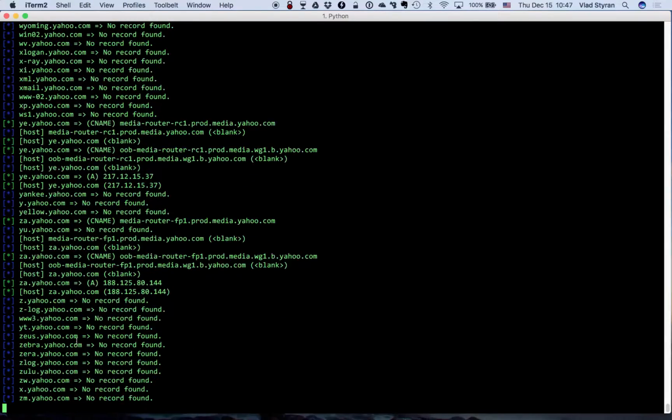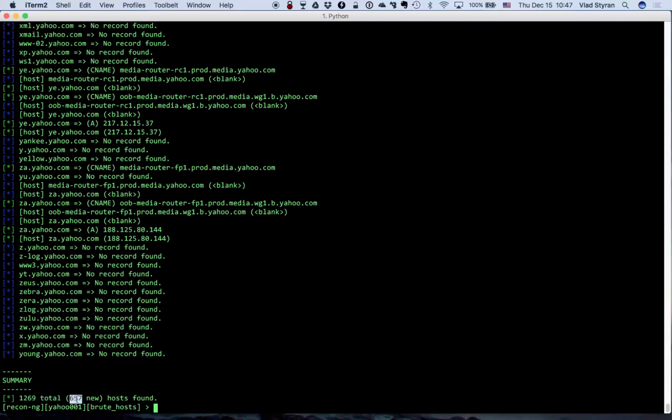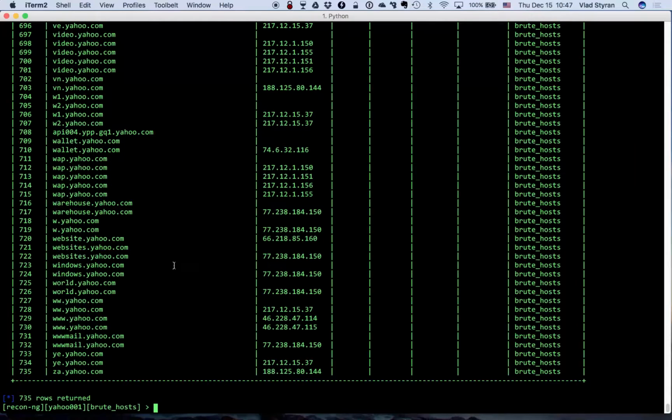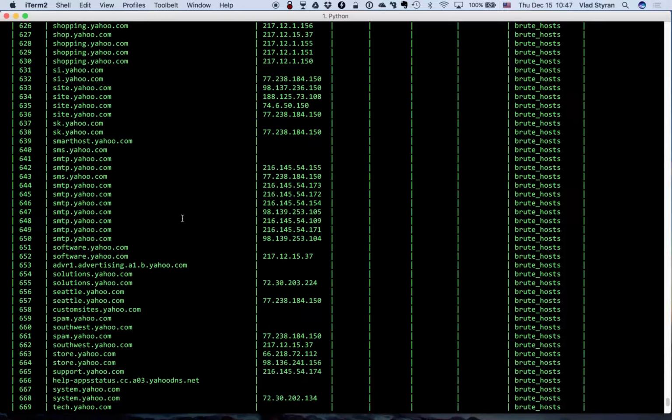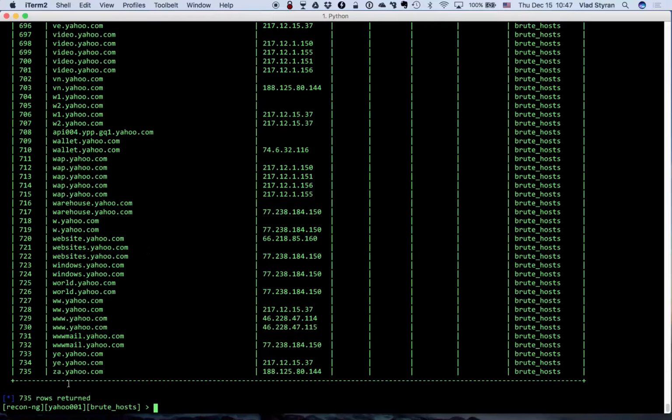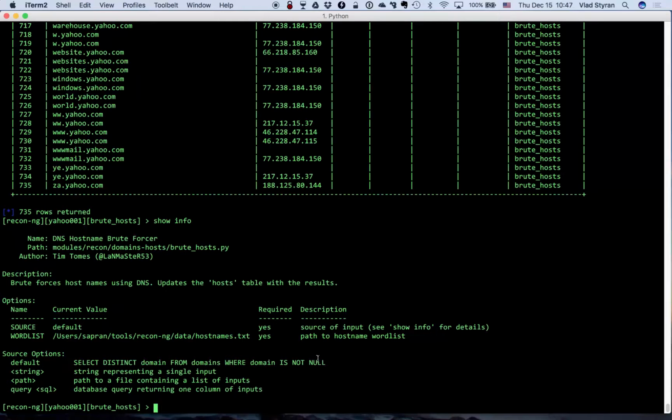Okay, we're almost there. So we have 657 new hosts by brute forcing, which is awesome, right? So you see there are some duplicates here, but you get the idea. Again, everything is stored in tables, right? And as you have seen in the info for this module, you can use SQL statements to operate over these tables. For example,